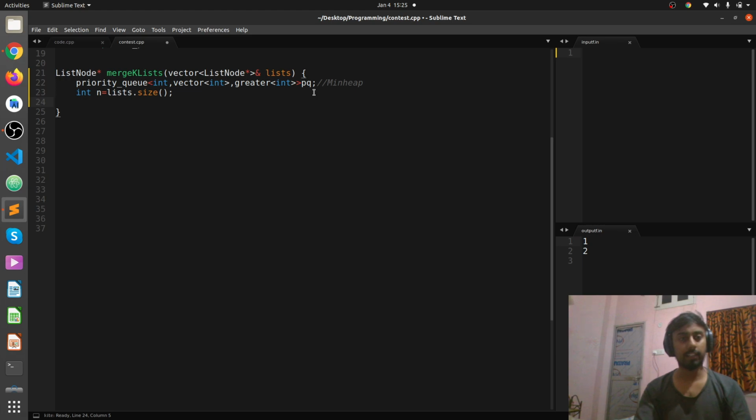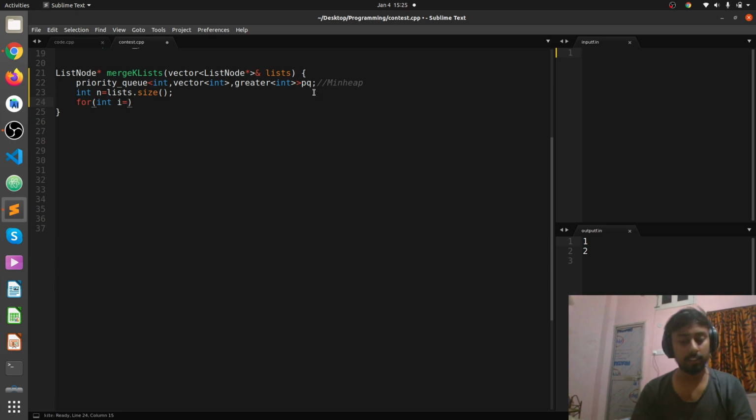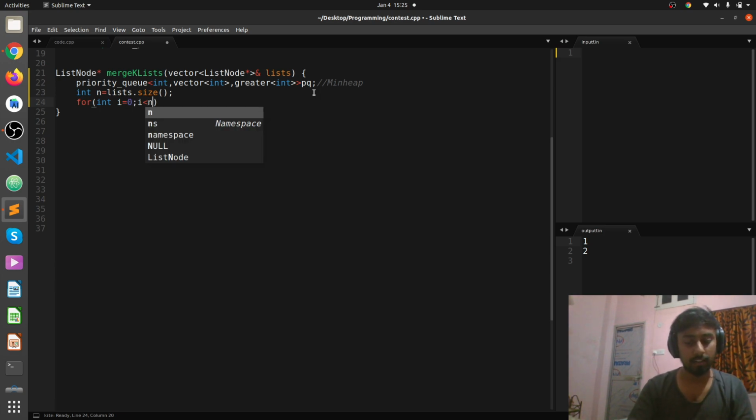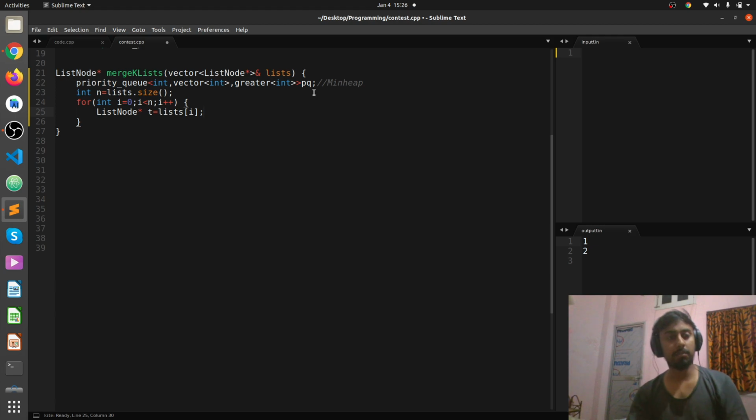This is how we get the size of the vector, and we can see that each index contains the head of a linked list.